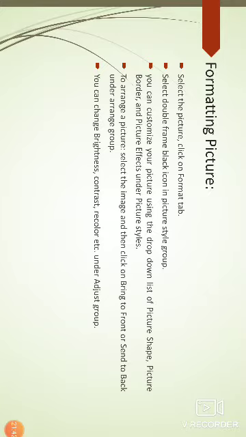To arrange a picture, select the picture and then click Bring to Front or Send to Back under the Arrange group. You can change brightness, contrast, recolor, etc. under the Adjust group. So based on our requirement, we can change brightness, contrast, recolor, bring to front, send to back, and also change the picture shape, picture border, and picture effects under Picture Styles.